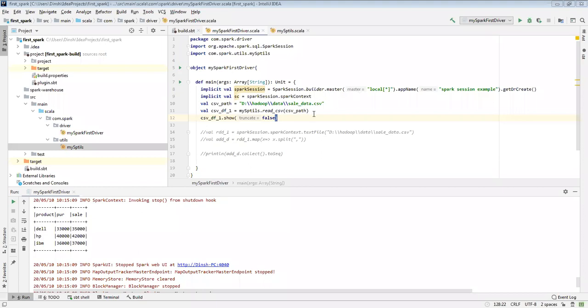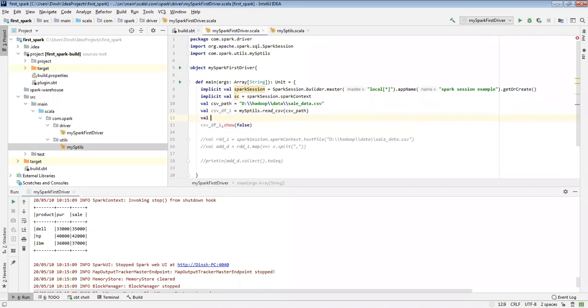So this is the way I'm creating a data frame. Now I want to do some operations. I have created a data frame and I showed it. So the first line is the transformation and the second line is the show. That means I'm doing an action. Here I didn't do any transformations. Now I'll try to do some transformation on top of this data frame.